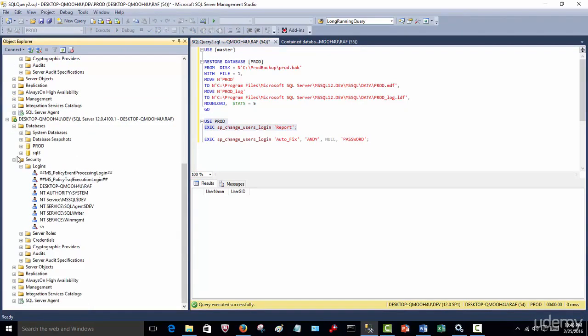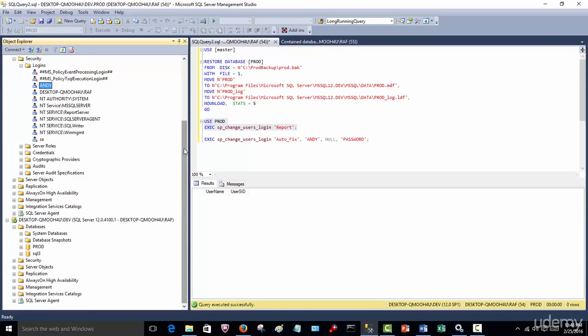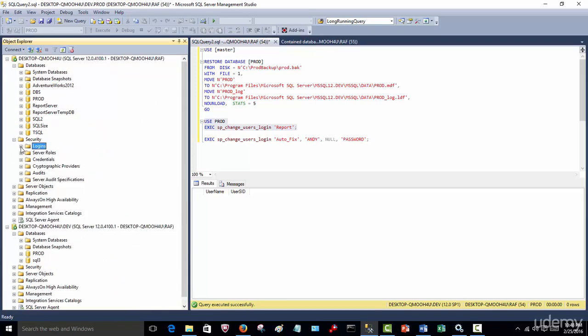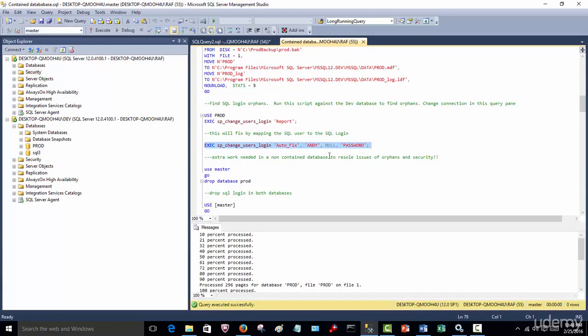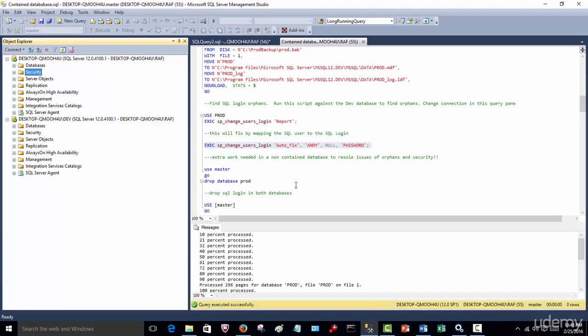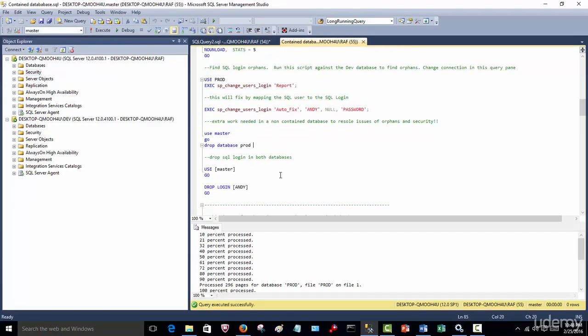Now, the whole idea was that we didn't create an SQL login for Andy, and can he now actually log on to the database without an SQL login? So let's try that. So go here,